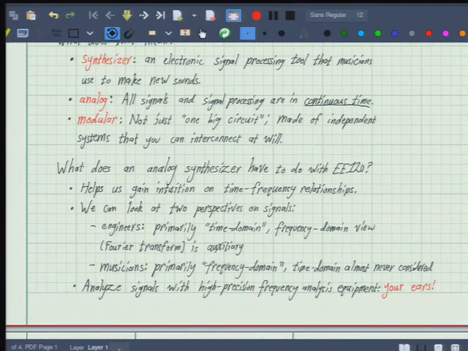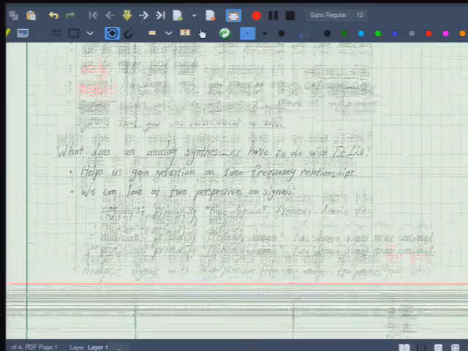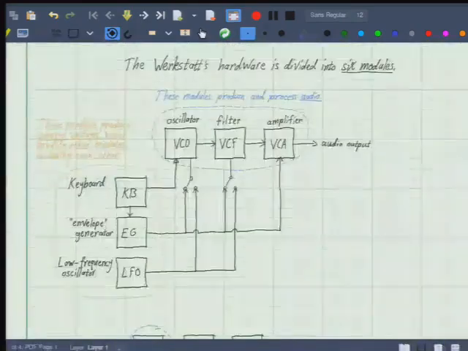So when y'all saw this thing, and I've been saying this over and over again, it's really not as bad as I'm saying it is, but it's not immediately obvious if you were to plug this thing in and start fiddling with it. It wouldn't be obvious at all what was going to happen, because there's a lot going on here, and it's interconnected in ways that aren't immediately clear on the surface. So I'm going to tell you how that works first, and then I'll show you what it can really do. And it all has to do with the fact that this synthesizer is modular.